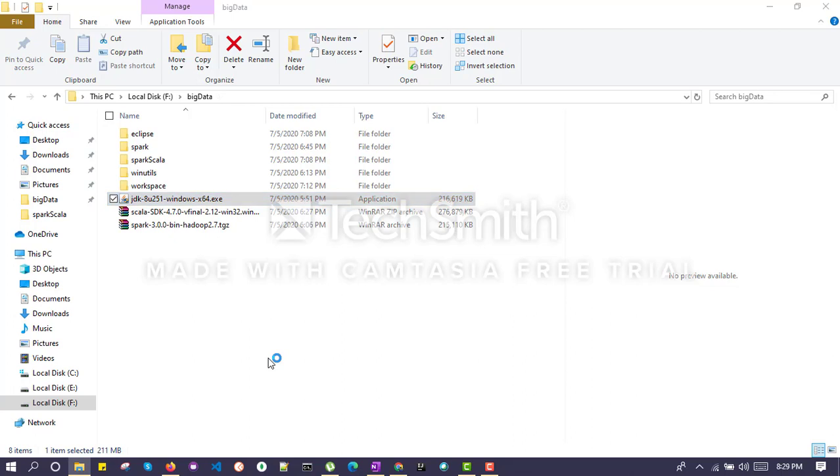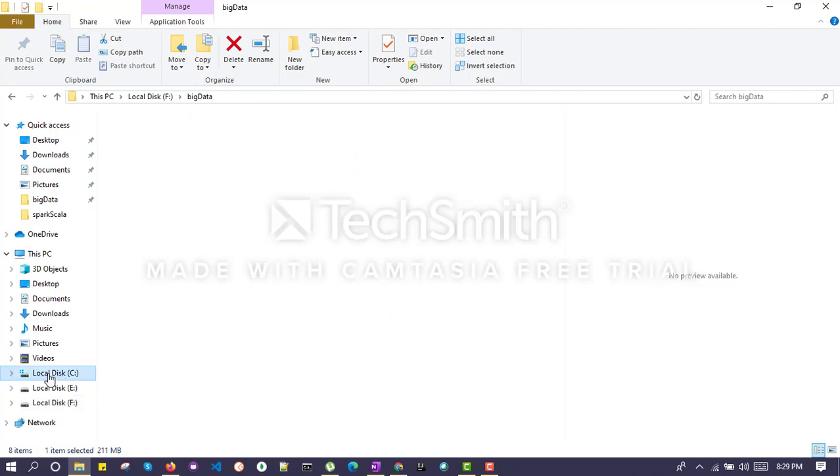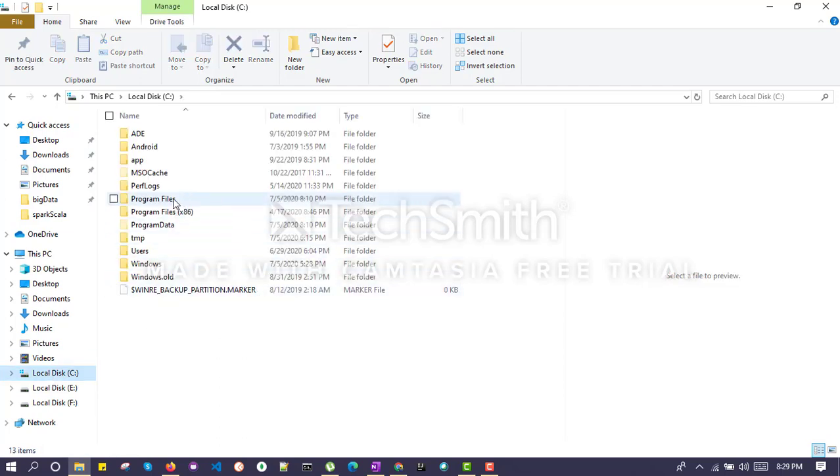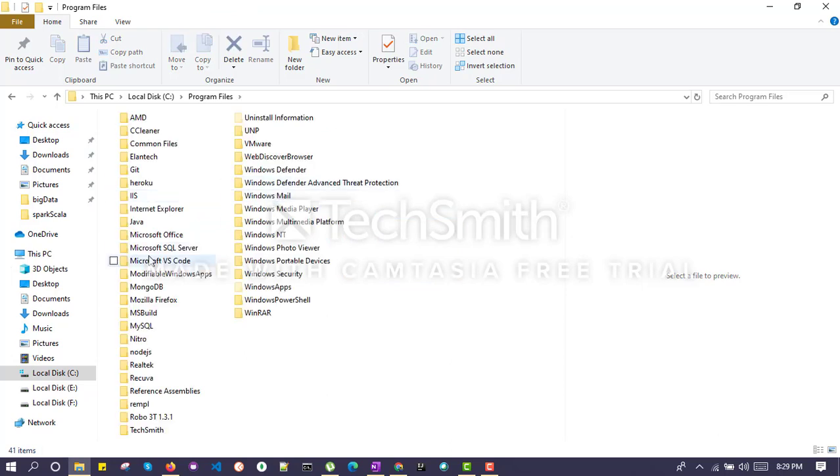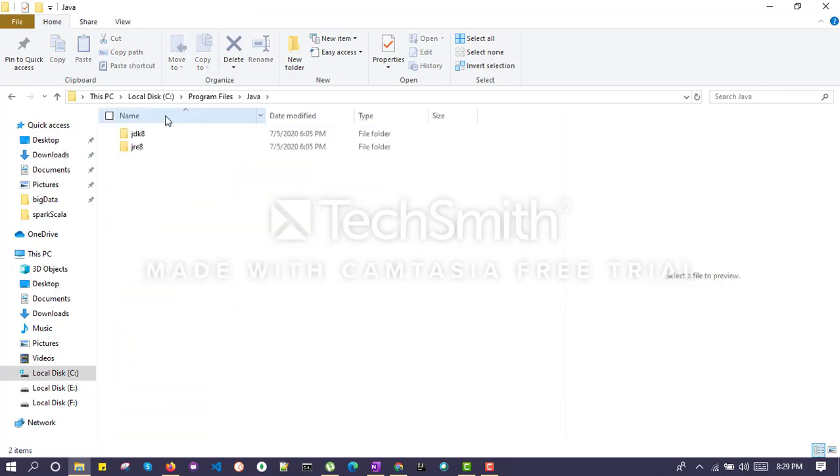Just go through this. I have already installed these files in our Program Files Java folder, JDK 8 and JRE.